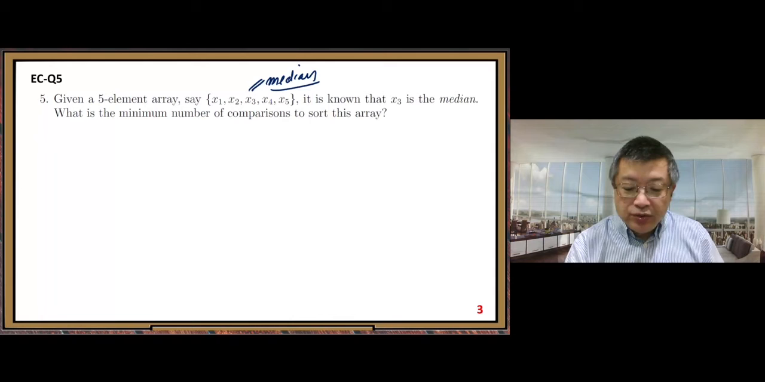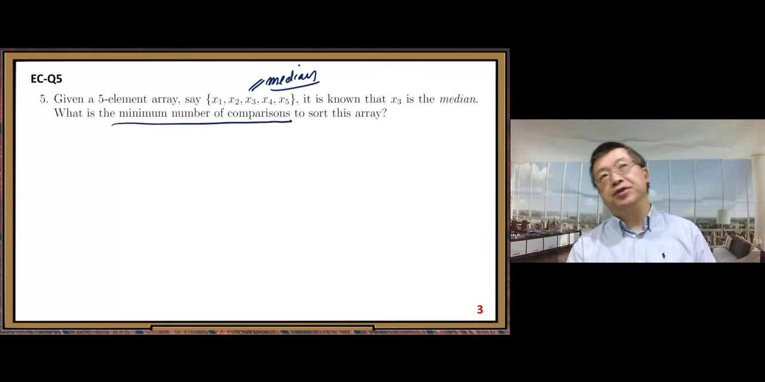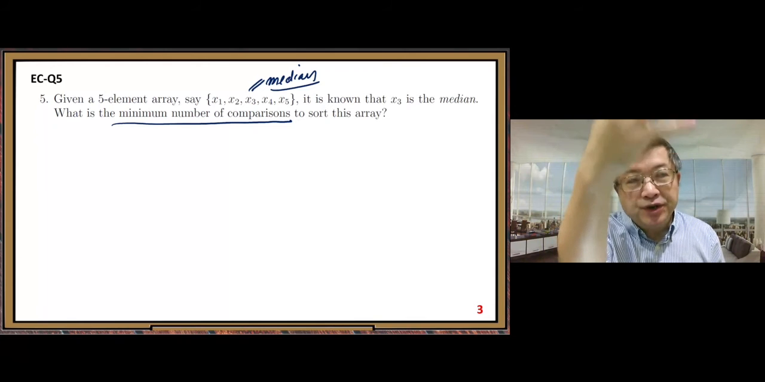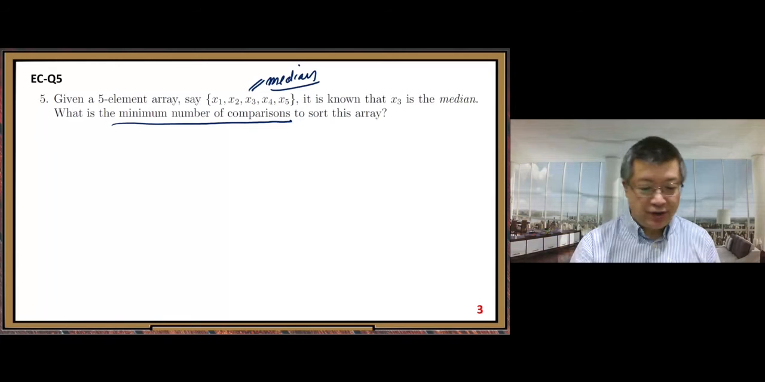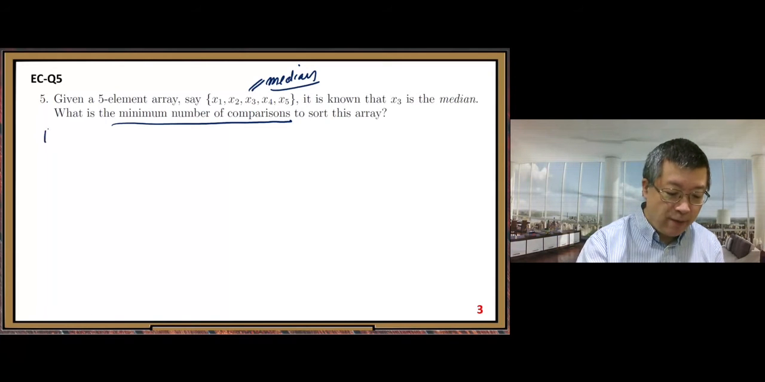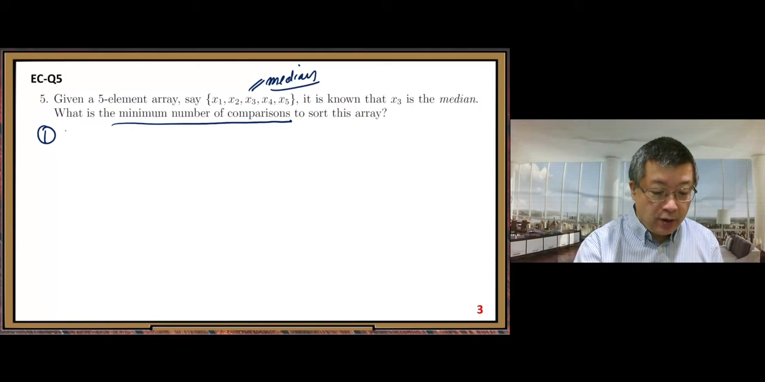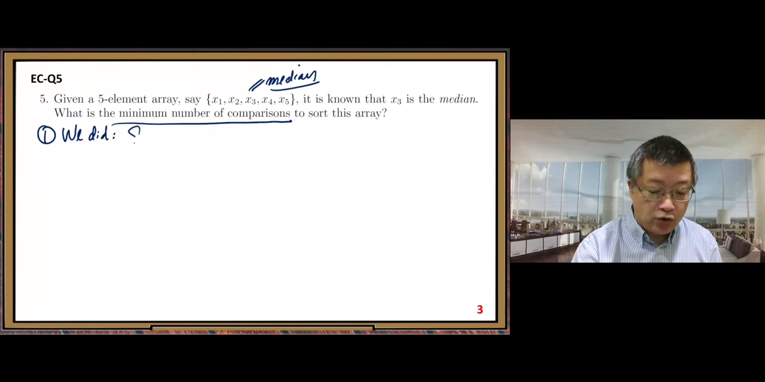Now we want to sort this array, but we want to use the minimum number of comparisons. Okay? Here we can connect this question to 2 previous old questions. The first one, in the notes, we did this question. You can look at the notes, sorting